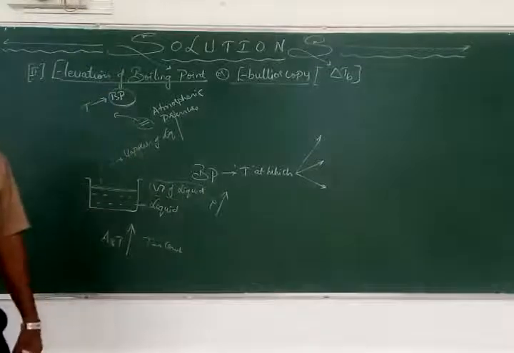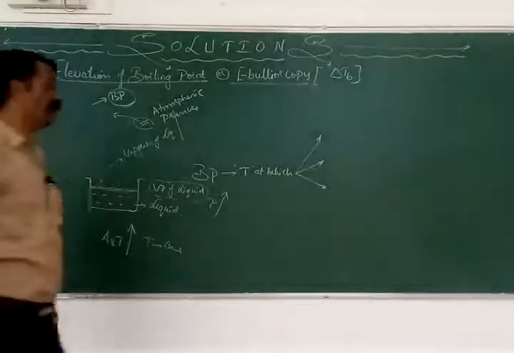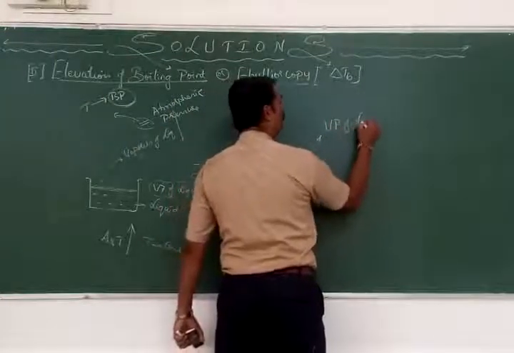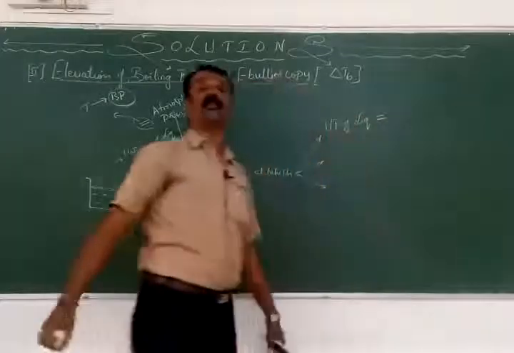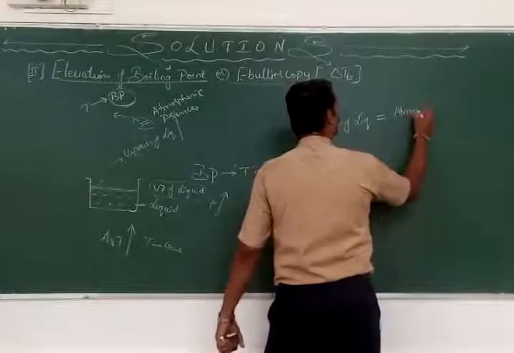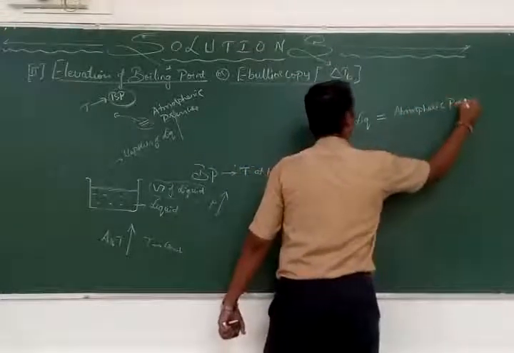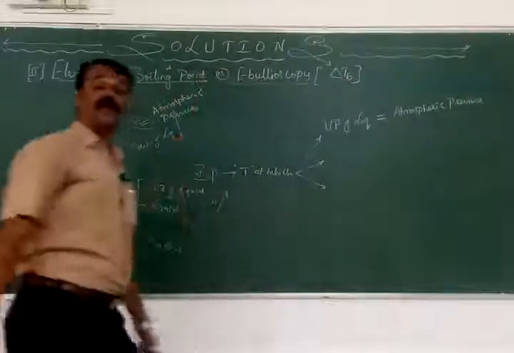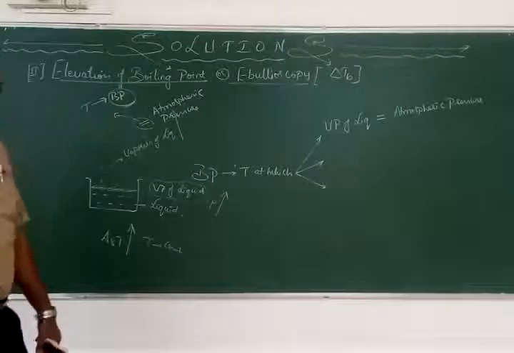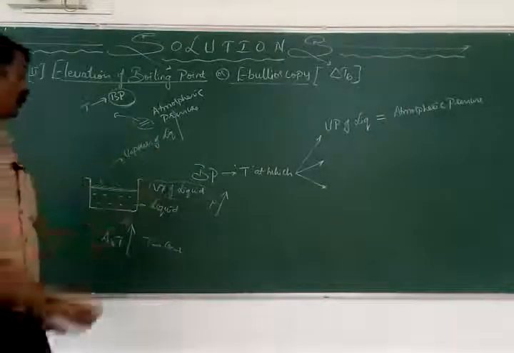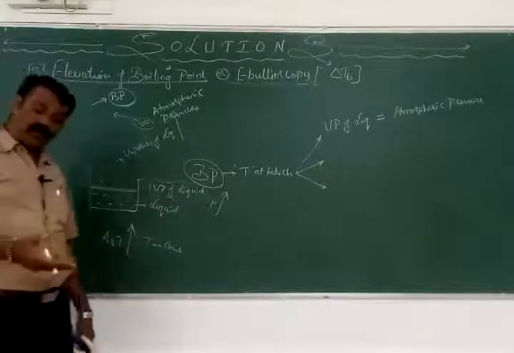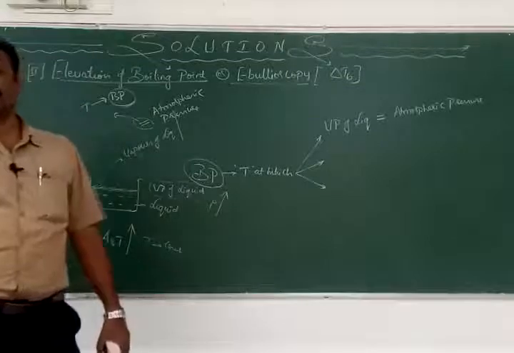Boiling point. Therefore, how do we define the boiling point first? It is the temperature at which the vapor pressure of the liquid is exactly equal to the surrounding pressure called atmospheric pressure. The temperature at which the vapor pressure of the given liquid is exactly equal to which one? The atmospheric pressure or the surrounding pressure, then that particular temperature reached is called what point? The boiling point.